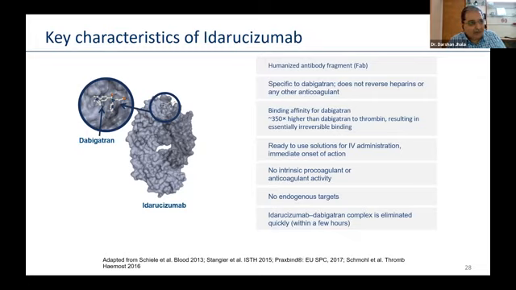So if you by mistake give it to somebody, it will not cause thrombosis. It has no other targets other than dabigatran. So it will not work if dabigatran is not present. So it's a very safe drug, specifically directed at dabigatran, and it has no procoagulant effect, unlike your factor supplementation like PCC and activated factor 7, which can cause widespread thrombosis if used indiscriminately. And this binding is very fast and it's irreversible. So once bound, that dabigatran cannot separate from idarucizumab and it cannot have action. So that is why it is theoretically one of the best possible drugs which you can have.